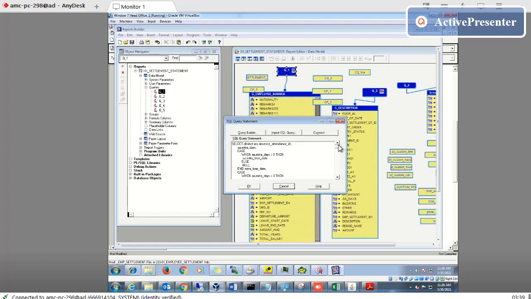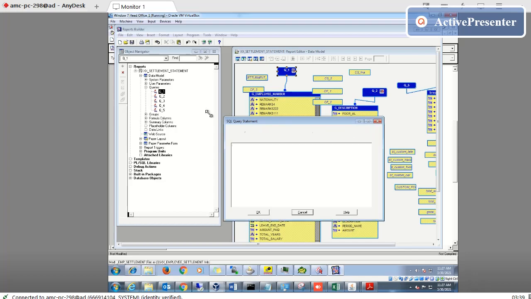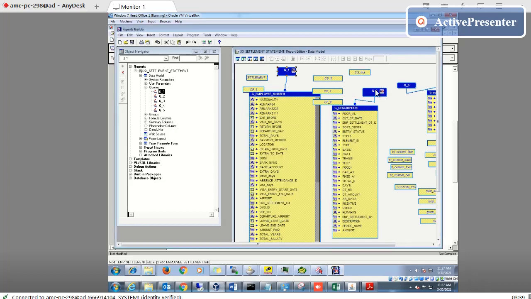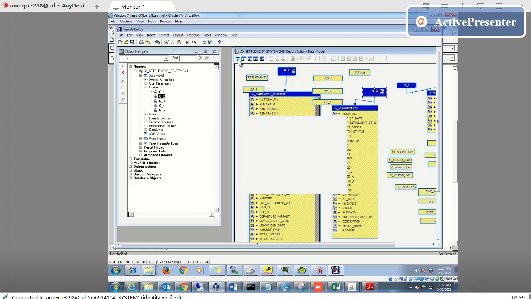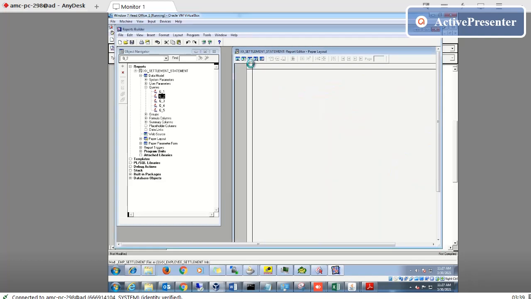I make the query. There are three sections of this query. One this one, and this is another. Can I double click here? Okay, this is another. So if you see here in the layout, you will find the same layout that you check while running the output.